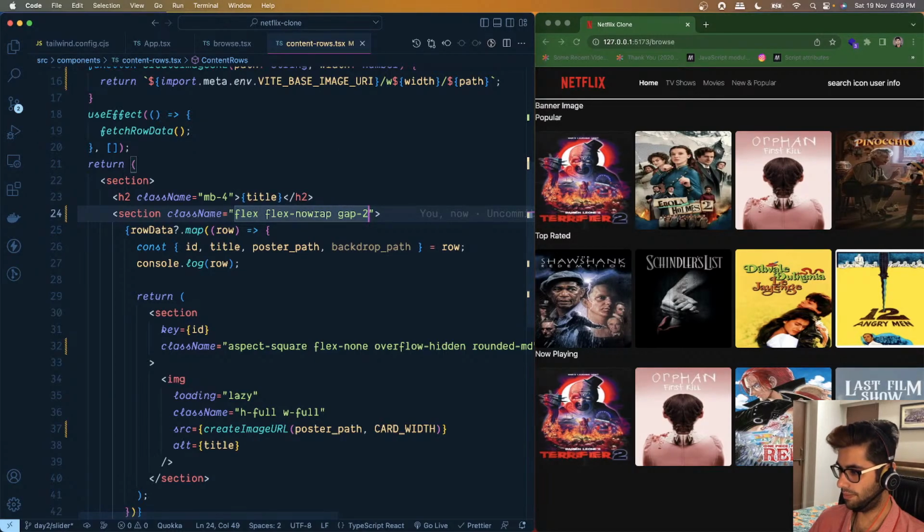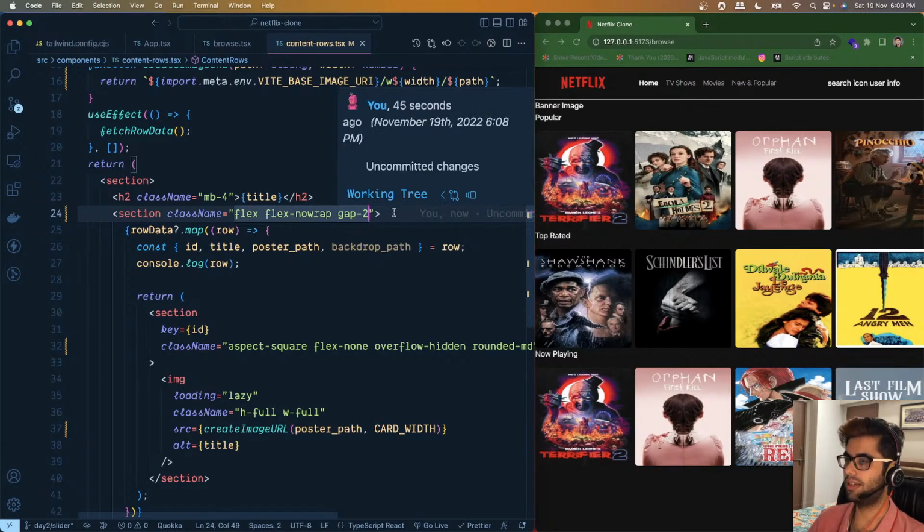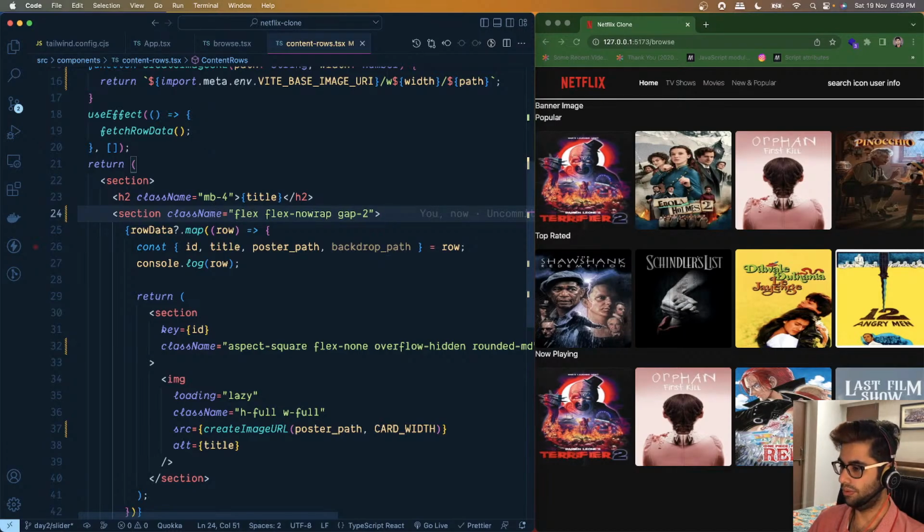So for this particular element we will say that the overflow for this is going to be hidden, and instead what we will do is we'll use the translation logic here to use the transform property and use the transform function to move all of these items one by one, and we'll use this as a window basically. All right, so what we will do now is